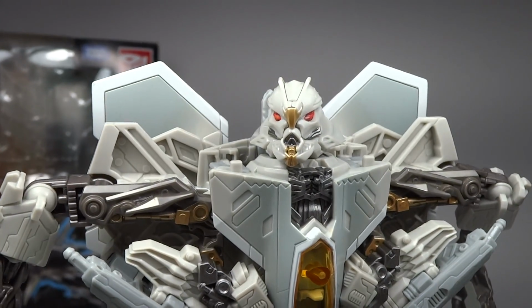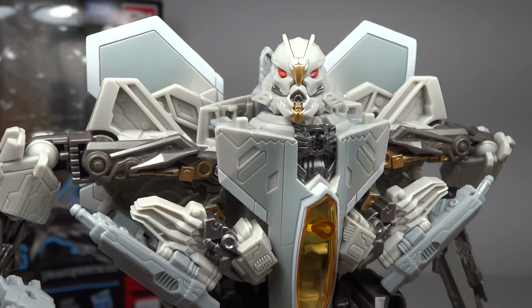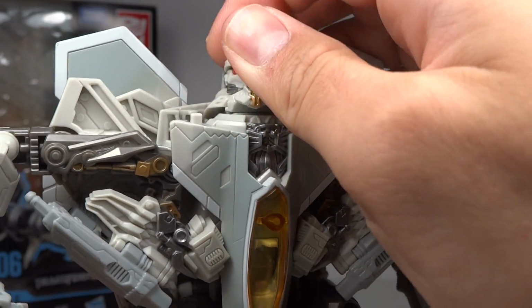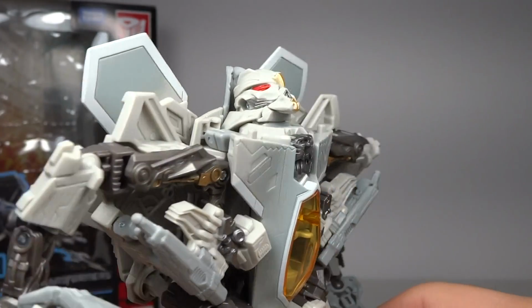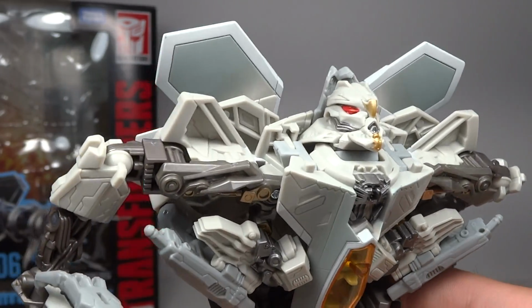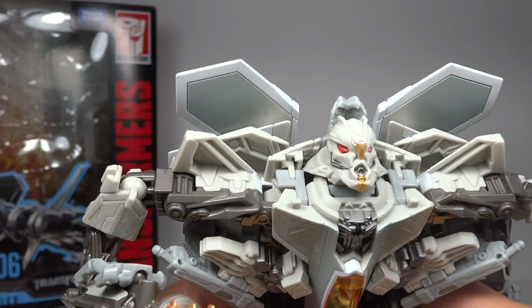Let me get a good look at it. I do think that it looks very cool, like the red eyes, and overall it does look nice. One thing that's nice about this figure is that he does have the capability to look up, which I think is very cool. That's something that the other ones don't really have. But you can get him crouched down a bit more because of that, and get him in a more